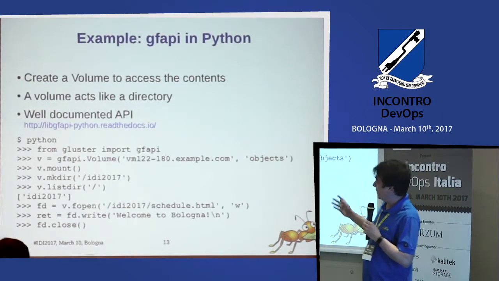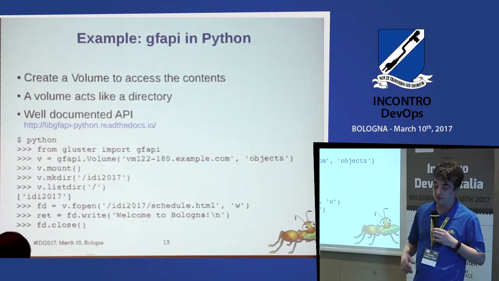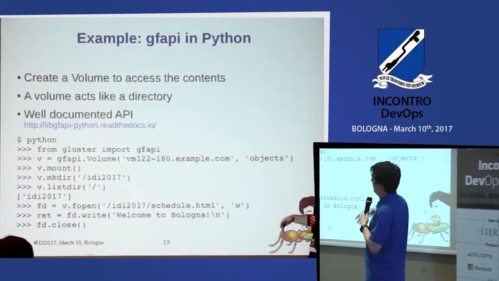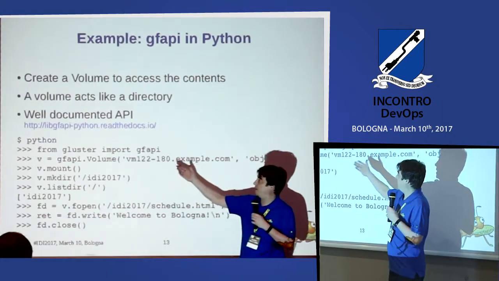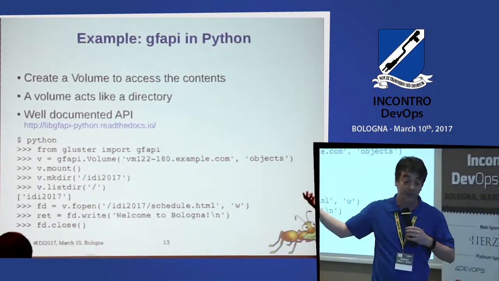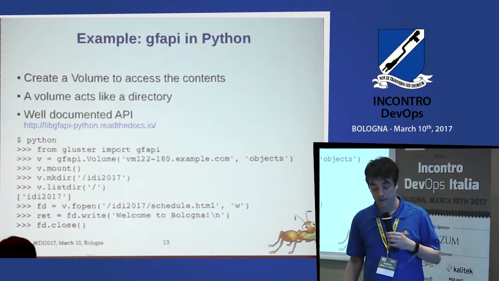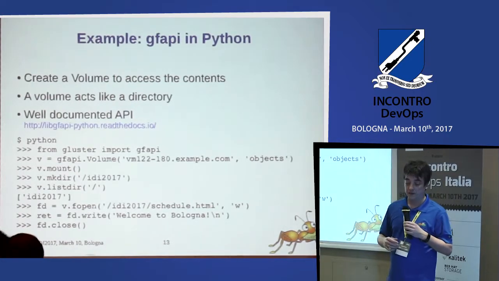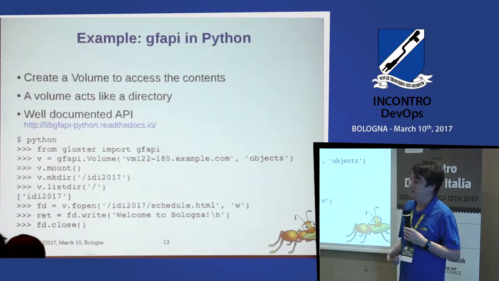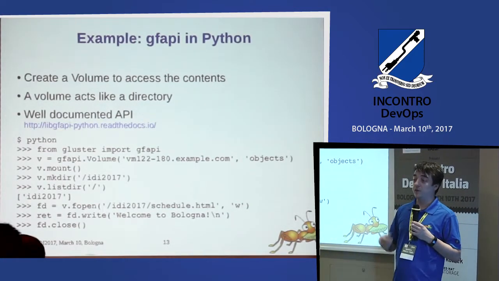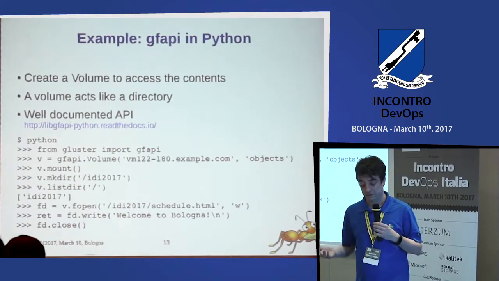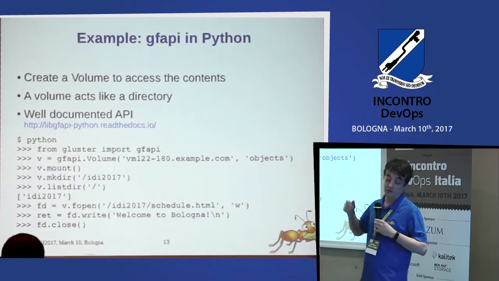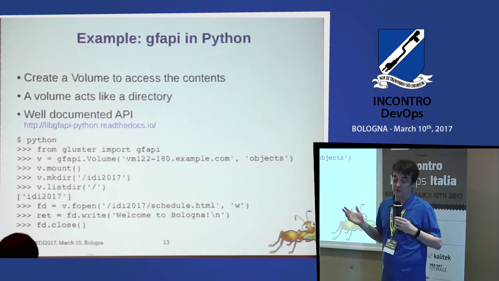So a very basic example of Gluster is in Python, and you just do from gluster import gfapi. That is not the management bits, but gfapi is the file system access layer. You say, okay, I'll create a volume. The volume is basically your main access point. You give it the server, or one of the servers that participates in storing the data. You give it the volume name, and you mount it. So mounting is a virtual operation here. It just initializes the connections to the server and makes sure that the server exists and everything, so that doesn't